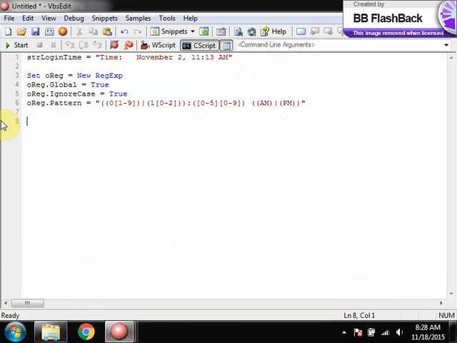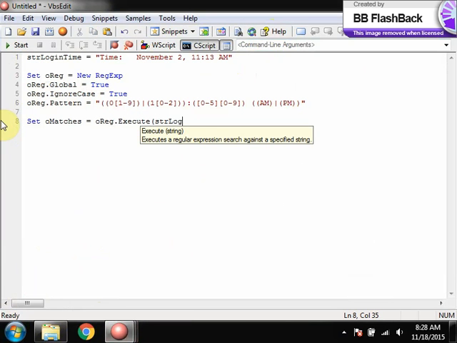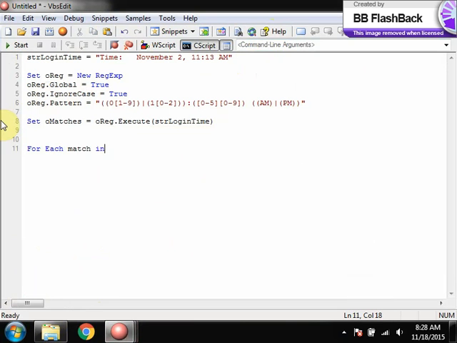Then set O matches equals to OREZ dot execute of str login time, for each match in O matches, match dot